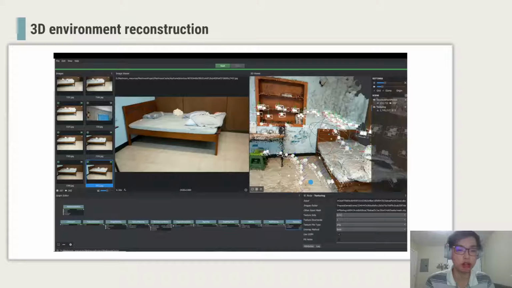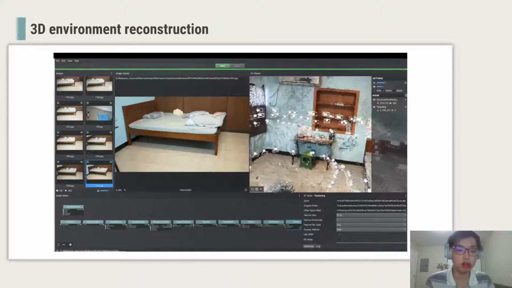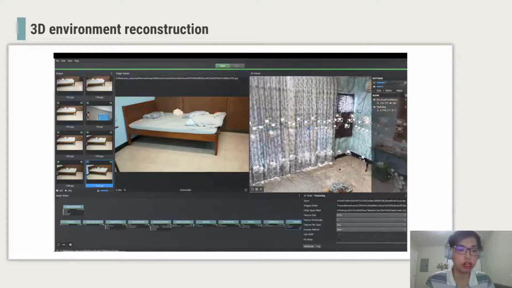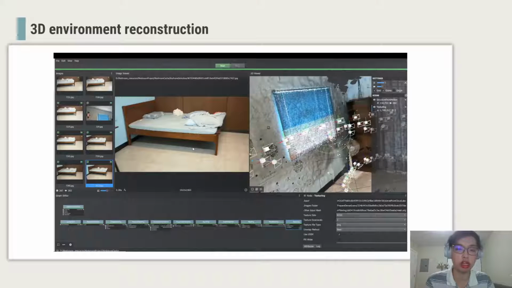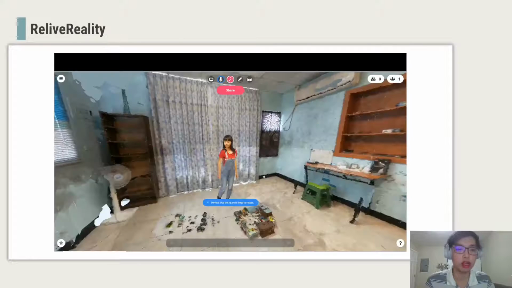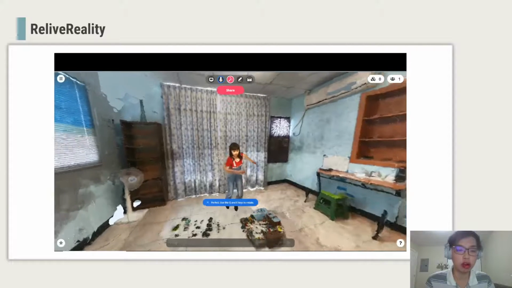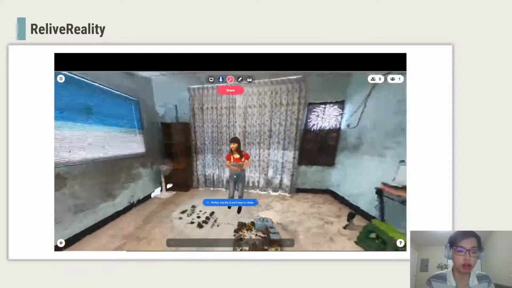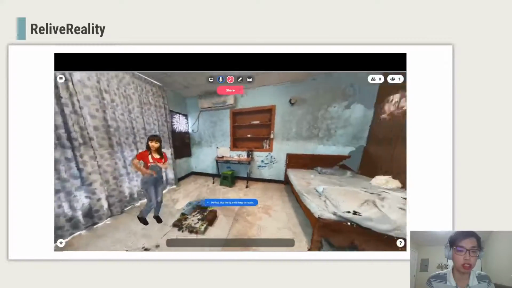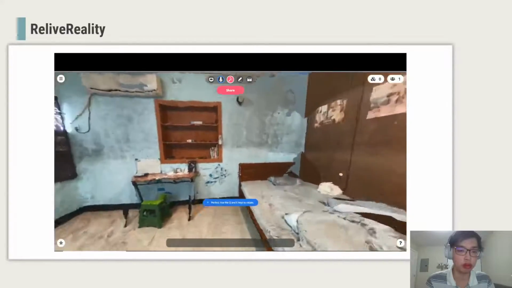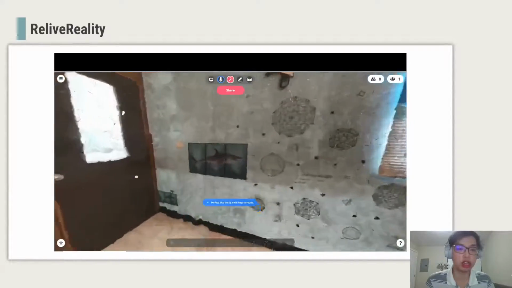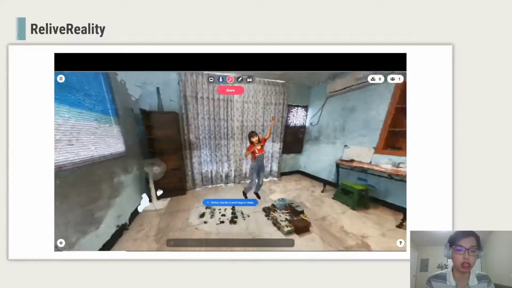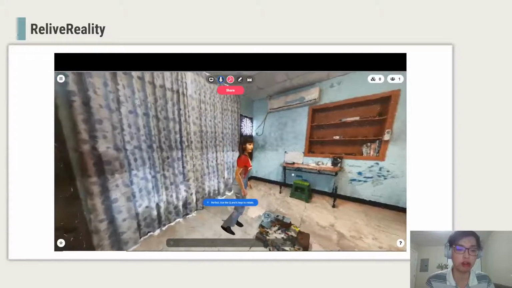To do this, we utilize MeshStream, a photogrammetry tool, so that users can just take many photos of their environment, and then they can generate a 3D reconstruction result of their environment. After that, we integrate all these results into a social virtual environment, Mozilla Hubs. As you can see in one example here, people can generate a web link and share this link with others. Then others can, just like here in the video, move around in the experience and view it from any perspective.